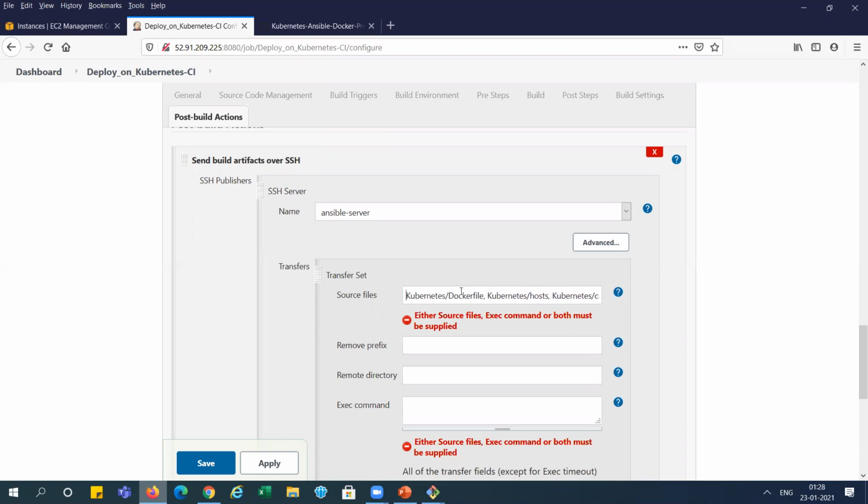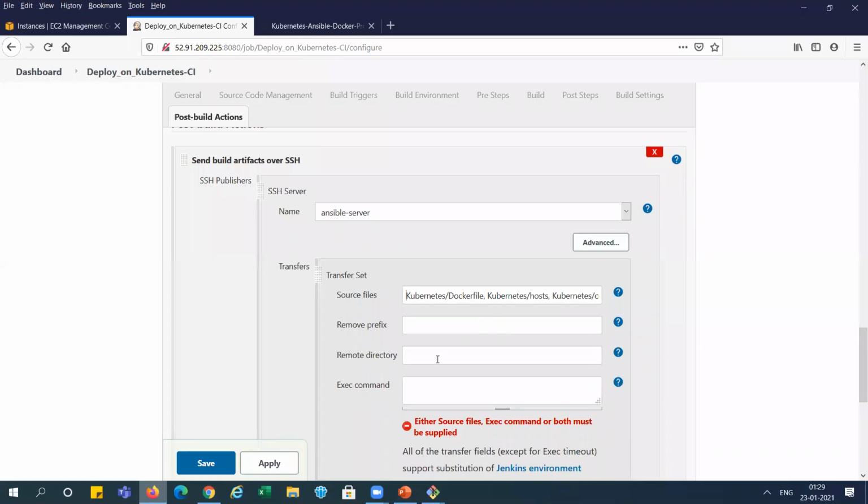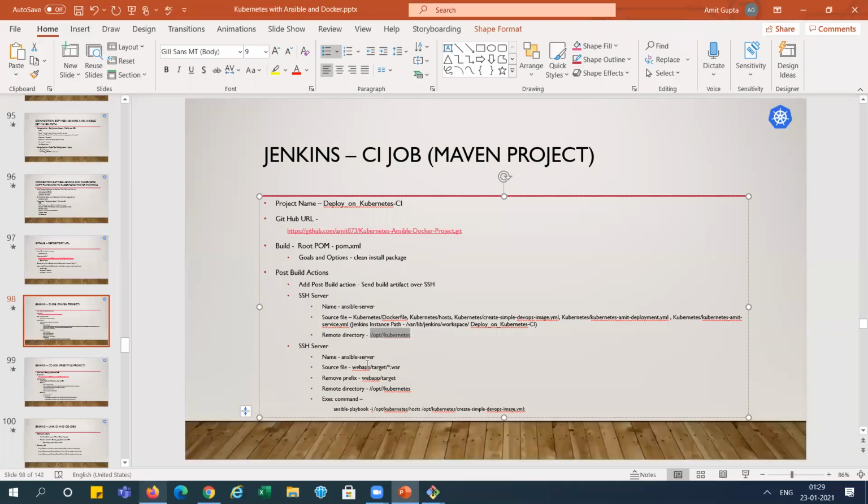And I am removing the prefix, and we want to put it in the Kubernetes folder, right? And we just want to remove this folder from the remove prefix, right? So what this will do is copy all those files into the Kubernetes folder in the Ansible system, because you are connecting with the Ansible server, right? And these are the files.